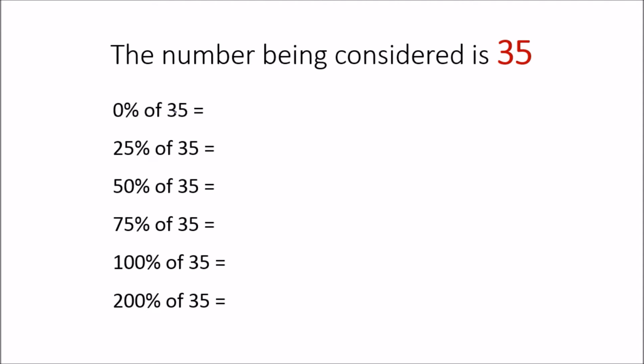So the easiest one, 0%, is 0. 100% is 35, and then 200% is twice 35, which is 70. Those are the 3 easiest ones to do. The next easiest one is 50%. So think about the number 35, you've got the number 30, and you've got the number 5. So you can split 30 into 2 lots of 15,